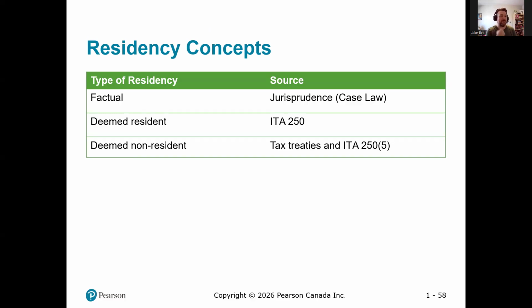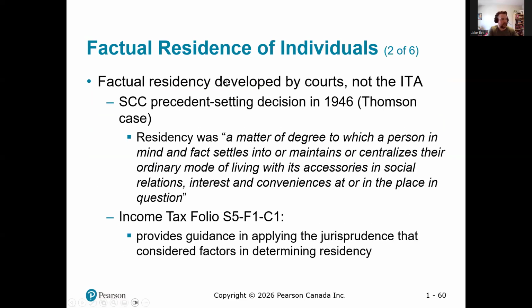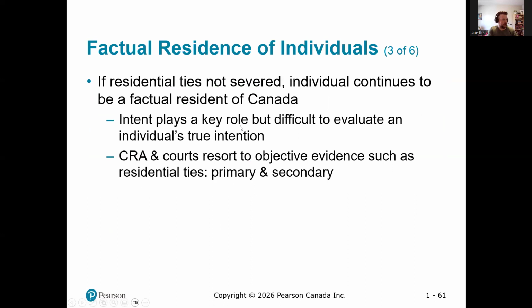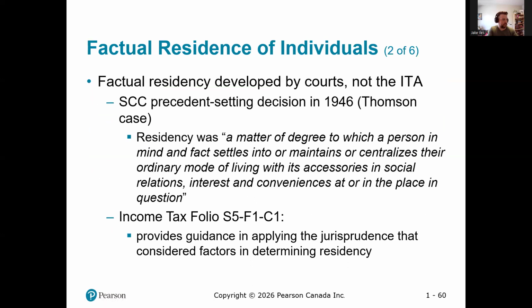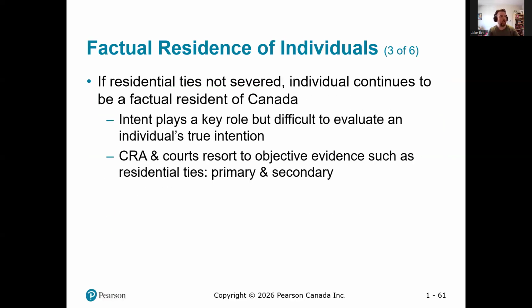So if I want to become or break residency, what is the government going to be looking at? They want to look at factual residence. The average Canadian individual has a job, family, and a place to live here. They might have other personal property. This is kind of going through a lot of words, so I'm just going to try and sum this up for you. What we're trying to determine is, do you have enough residential ties? An average person considers home to be where their family is, where their home is, where their economic ties like